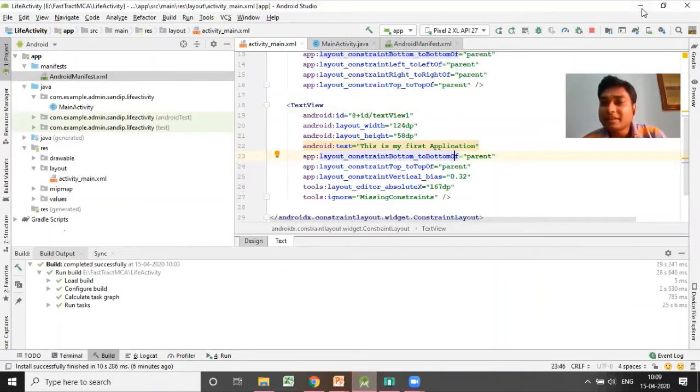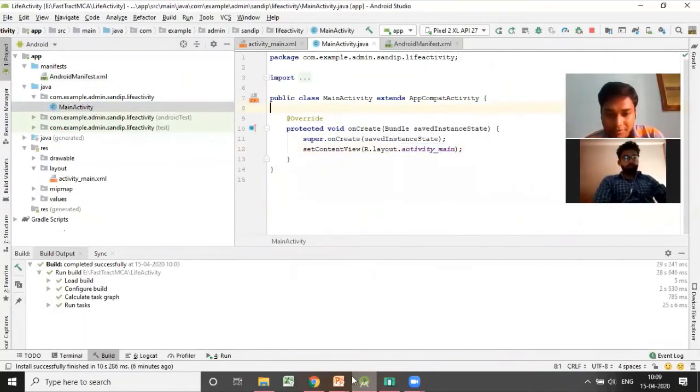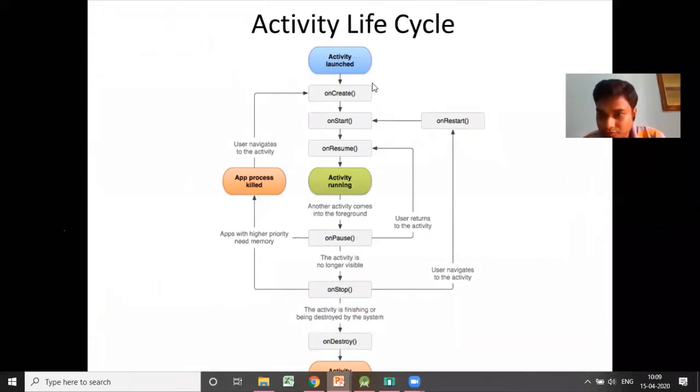For that we'll go to the Java file only. No need to change the XML file because this is the activity, and what phases it will run or complete will be handled in the Java file. And we'll see how many phases there are to execute one activity completely. How many phases are there?